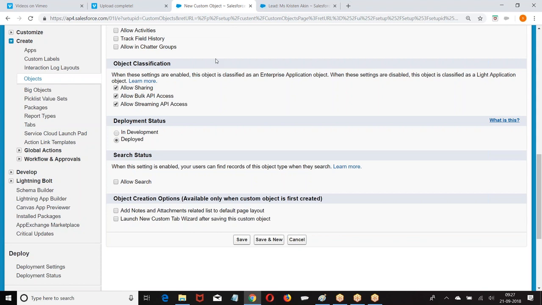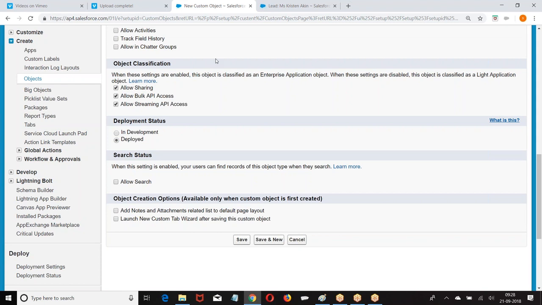Any object which was created for Lightning cannot be used in Enterprise. An object created for Enterprise can be used in Lightning. I hope you're good. Okay.